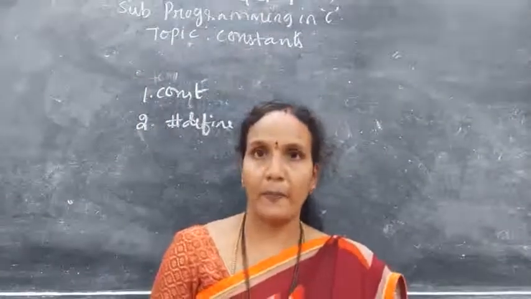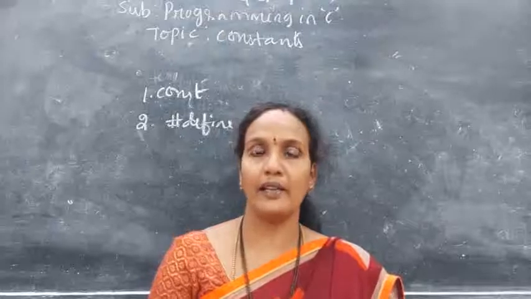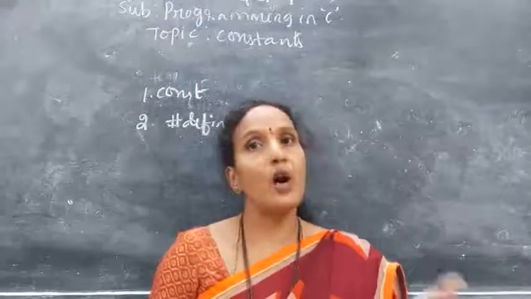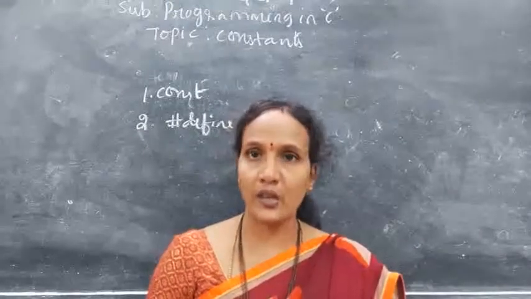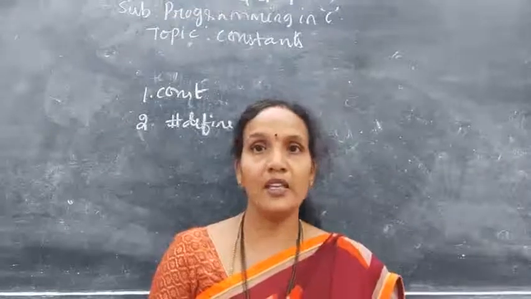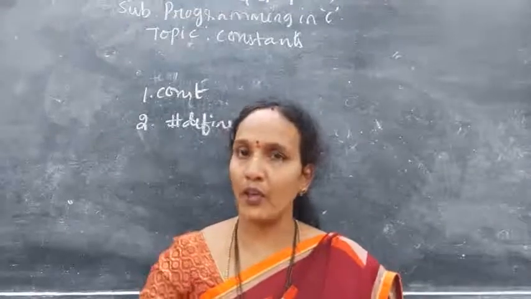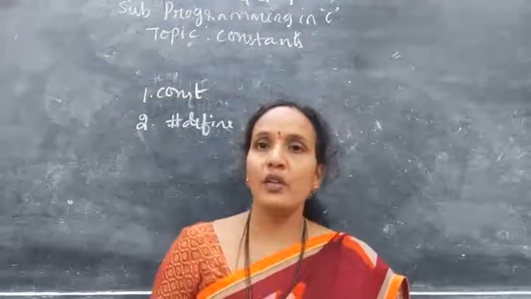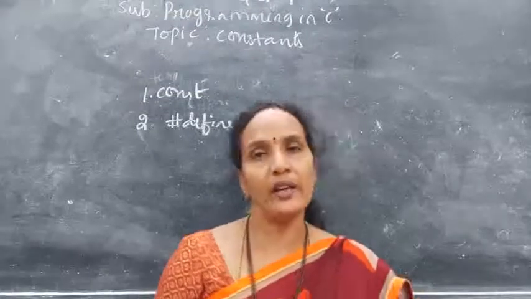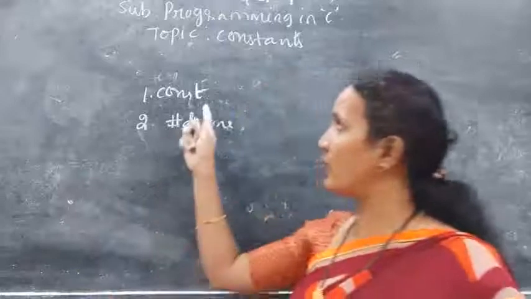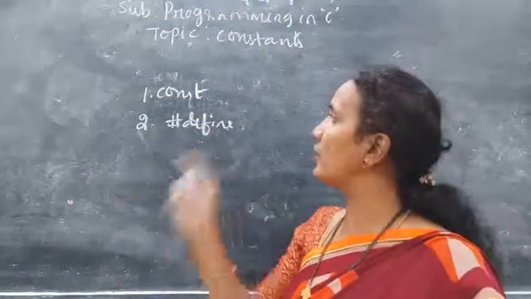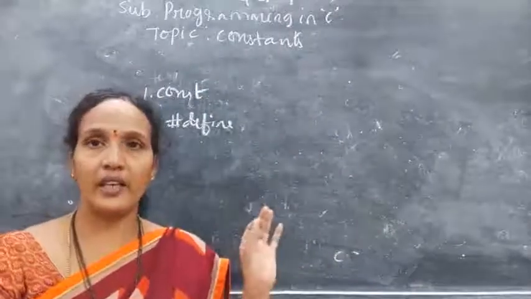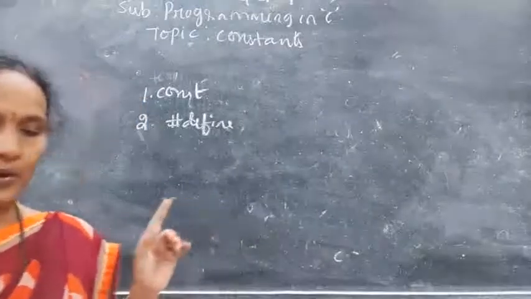How to declare constants in C programming. What are constants? Different. How to declare constants? Different. Just now what I explained is what constants are. Now what I am going to explain is how to declare constants. There is a variation. In C programming, in two ways you can declare constants. One is by using the const keyword and the second is by using the hash define preprocessor directive. Now we'll discuss each point. First we'll discuss the const keyword.